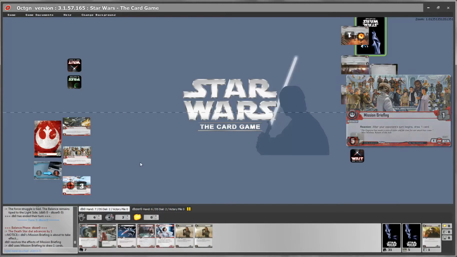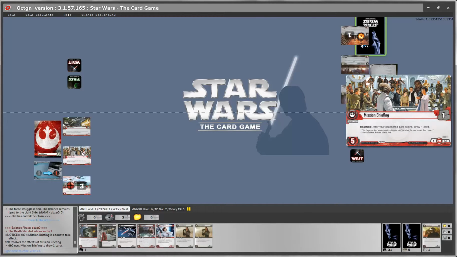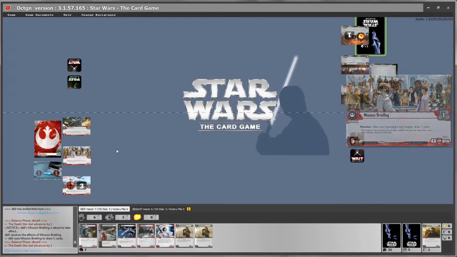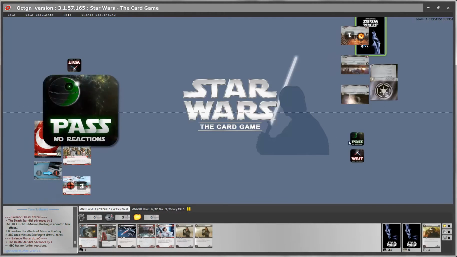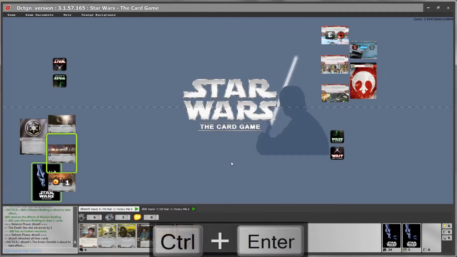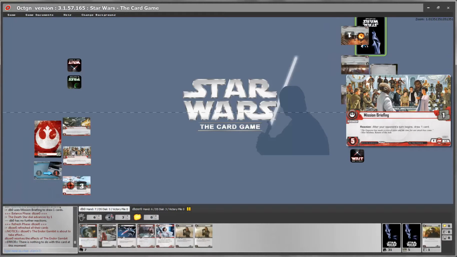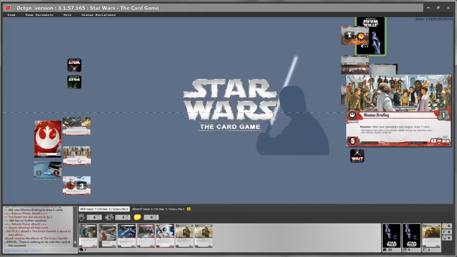So what hardcore mode does is that it hides the ability trigger, but if you remember to use it, you can just simply double click the card at the appropriate moment and the ability trigger will light up. So let's see what happens if I forget. The dark side starts a turn. Now if I double click the card, it would work. I don't. My opponent says, do you have any reacts? I say, no, I don't have any reacts. My opponent continues. His ability triggers, and I say, oh, hold on a moment, I forgot the Mission Briefing. I double click on it, nothing happens. Why? I lost the opportunity to use the Mission Briefing. It's now the next phase, and the reacts only happen for one turn.